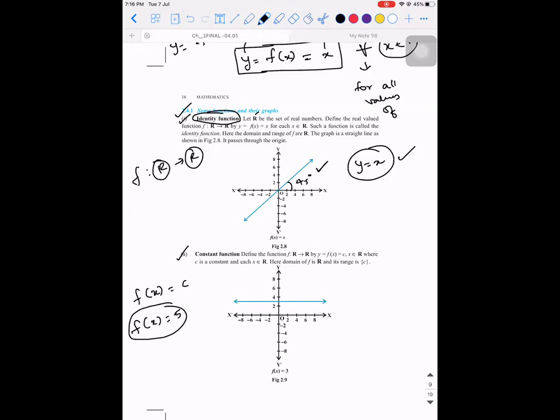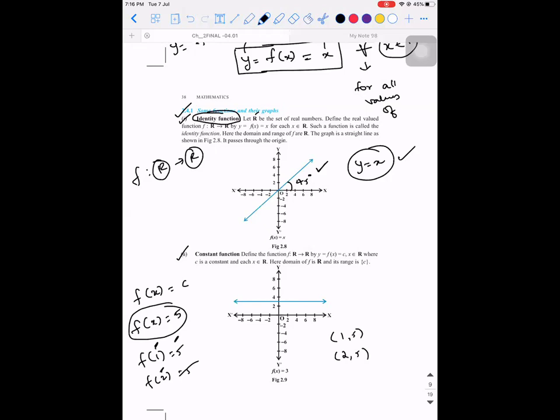You're able to understand? Yes. There is no x in that. So whatever is the value of x that you substitute, the value of y is always a constant. If I ask you what is f of 1, it is 5. F of 2 is 5. The meaning of it is, at x is equal to 1, the value of y is 5. So 1 comma 5 is the coordinate. When x is 2, 2 comma 5 is the coordinate.